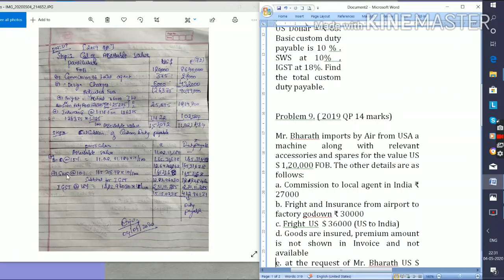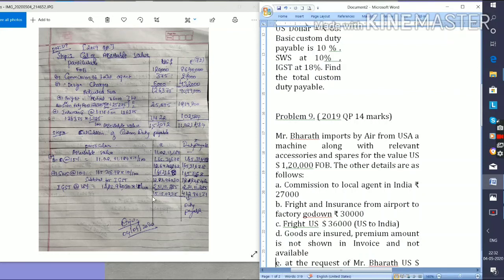1,65,31,678. Add social welfare surcharge on 1,65,31,678, that is 1 lakh, sorry, 16,53,168. Next, it is called the subtotal for IGST, that is 12 crore 83 lakh 96,030 rupees. On this, you calculate IGST at 18%, that is an amount of 2 crore 31 lakh 11,085. Then all of this, that is 15 lakh